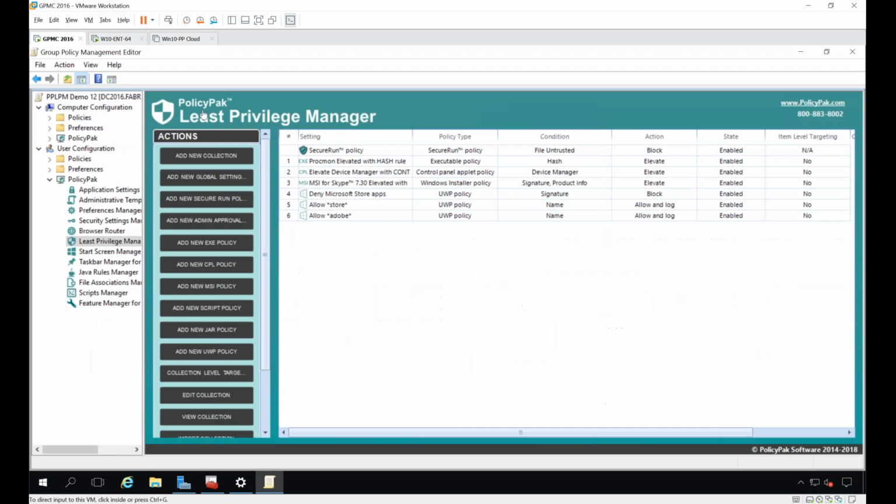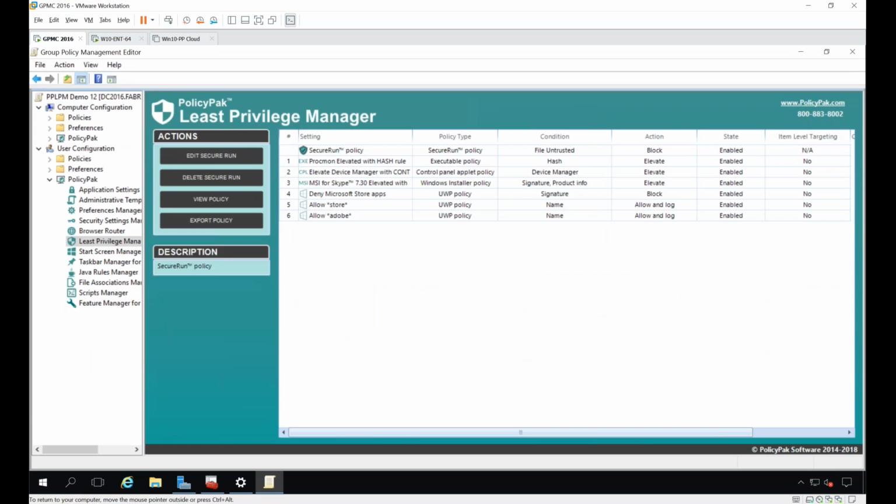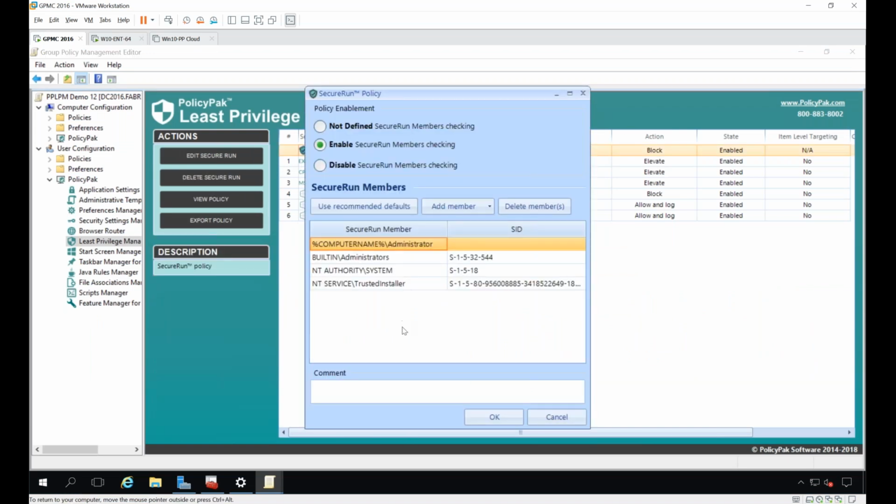So the magic in secure run is that there's a list. The last mile, the last millimeter, the very last thing that happens before that process is executed is we see who's on the list. Oh, the user's not on the list. They can't execute the program. The end. Okay, just like that.